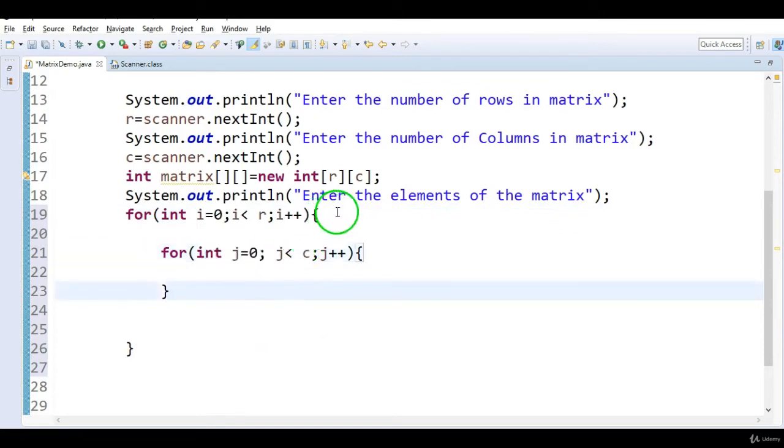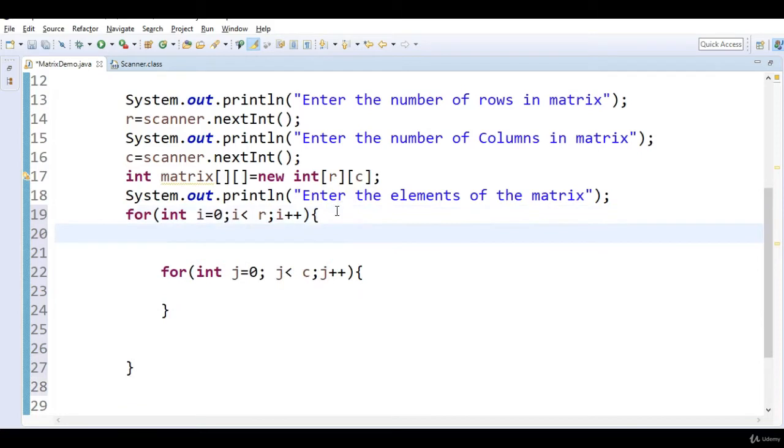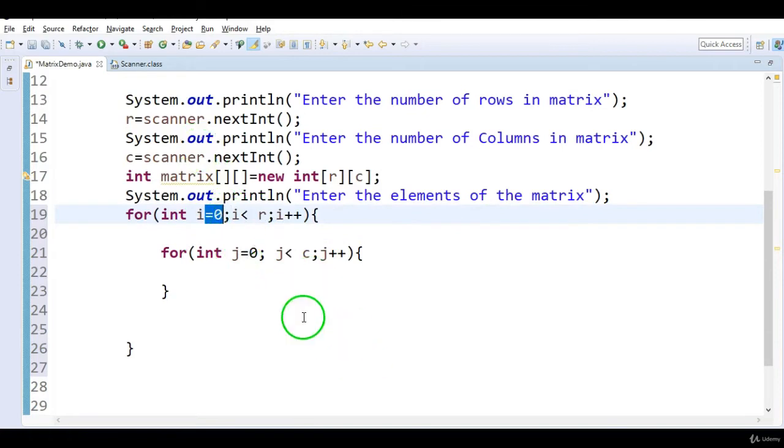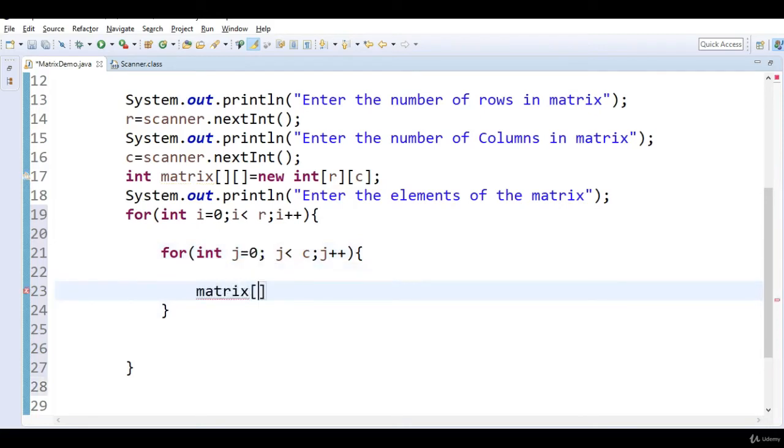So this is for the number of rows and this is for the number of columns. First we are looping through the rows, and inside that, suppose I want to store, the loop starts at 0, at 0,0 I want to store the element 1. How do I store that element 1 at the 0,0 position? First I need to loop through the rows starting with 0, and at the same time start with 0 and loop through the columns. Now I am going to say matrix of i j